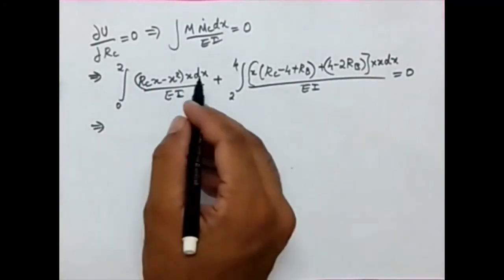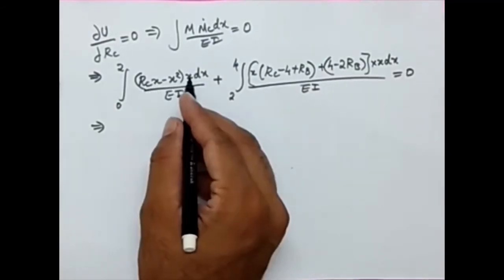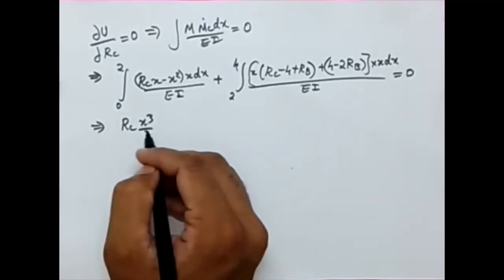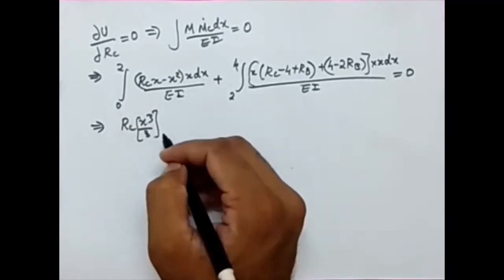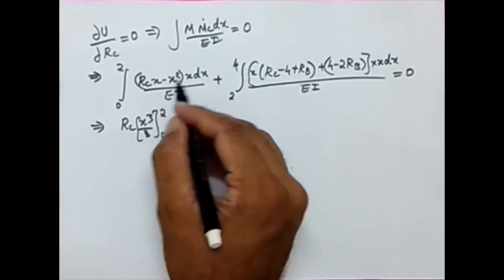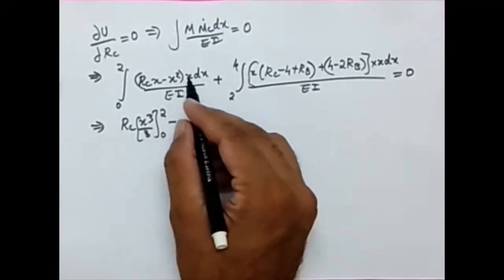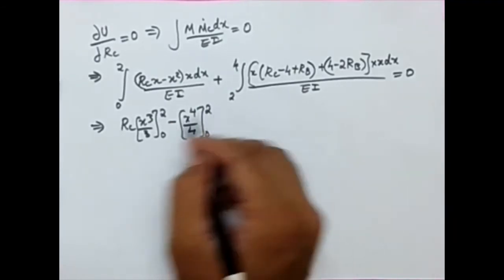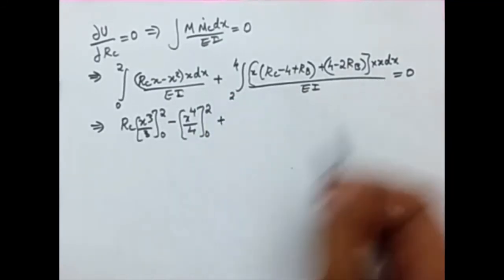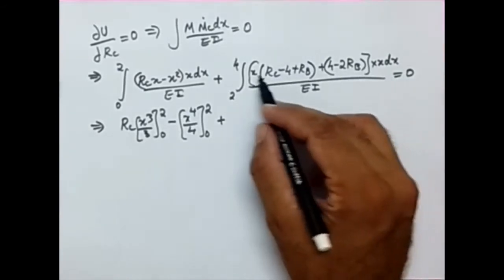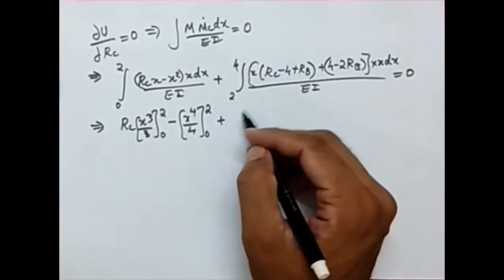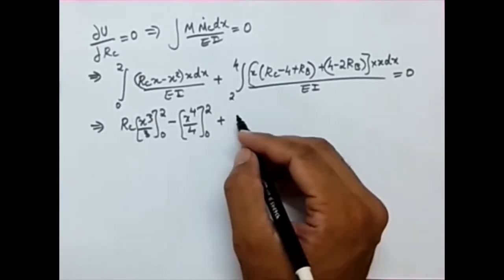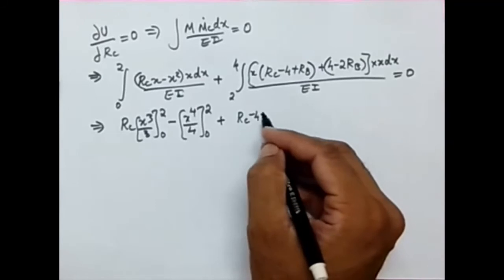So when I do this integration, what I'm going to get is rc x square. Integrating, I'm going to get rc x cubed by 3 in the limit 0 to 2. What about this? Minus x cube. So it's going to be x raised to 4 by 4 in the limit 0 to 2. So that part is done. I'm going to the right hand side. So I need to multiply it with x. So this becomes x square. So integral x square dx is x cubed by 3. So it is going to be rc minus 4 plus rb